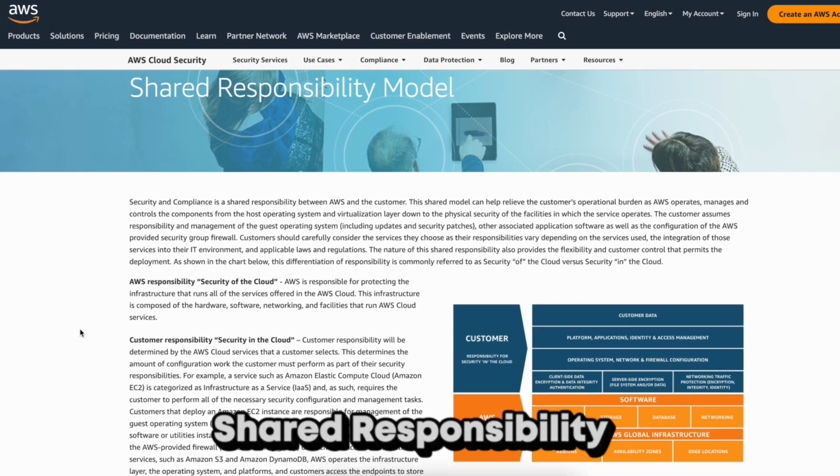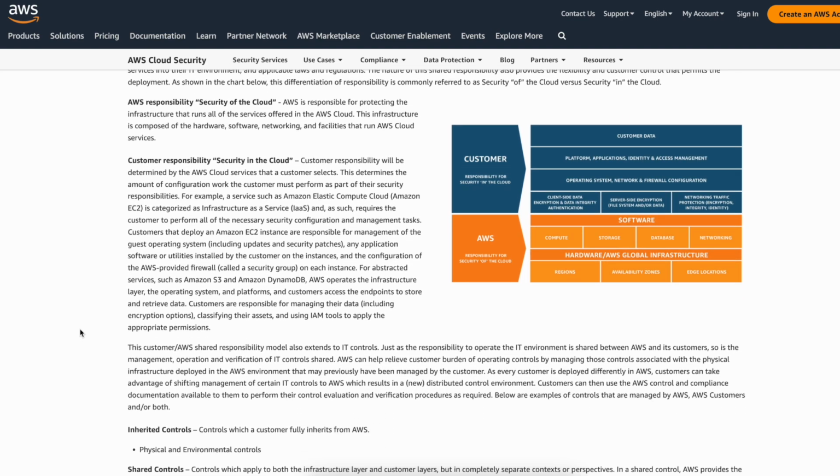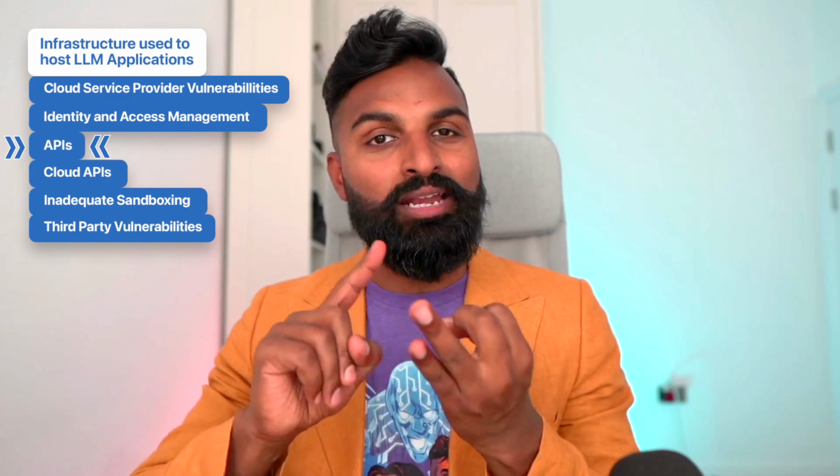Talking about infrastructure, it's also worthwhile calling out there are other forms of things that can happen outside of just the cloud service provider's control. Remember shared responsibility that your cloud service provider reminds you of: if they are taking care of the infrastructure and we are running an LLM application like ChatGPT on the system provided by them, we are still responsible for the identity access management for it, and the APIs that are exposed by the cloud service provider. If we don't appropriately manage what is exposed, not having appropriate access to the cloud API exposes your internal LLM application API also to the wide world, if you didn't want to do that.